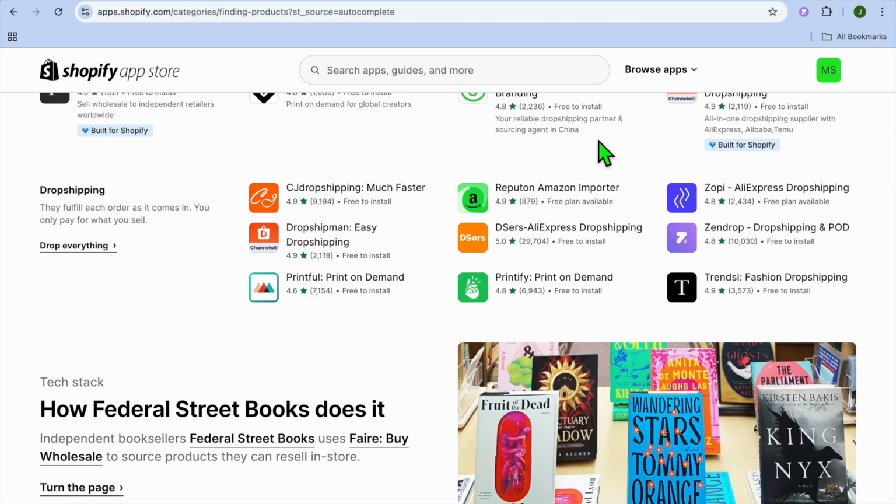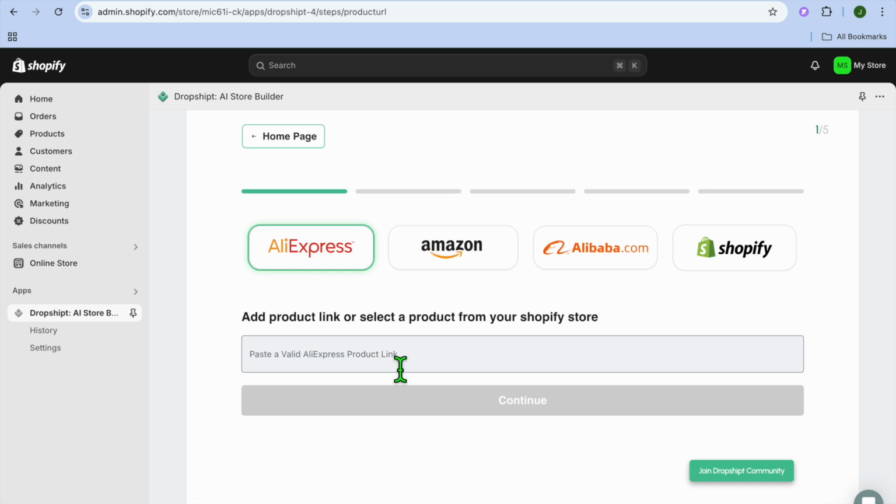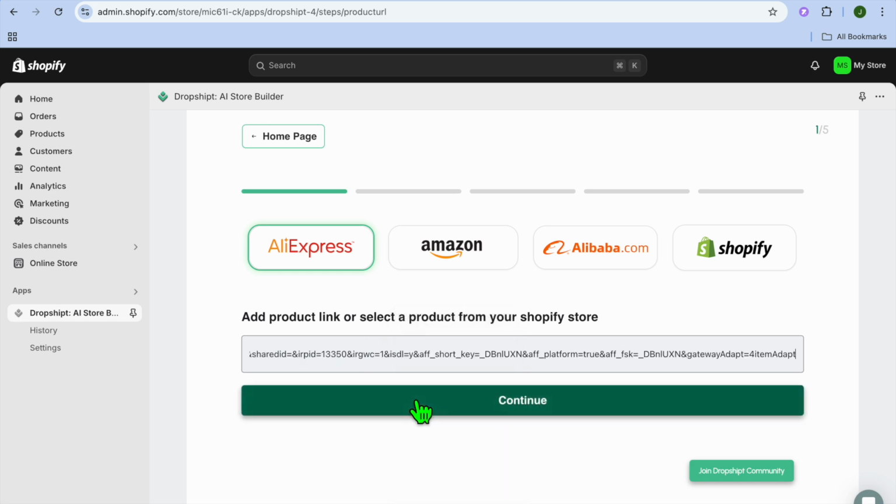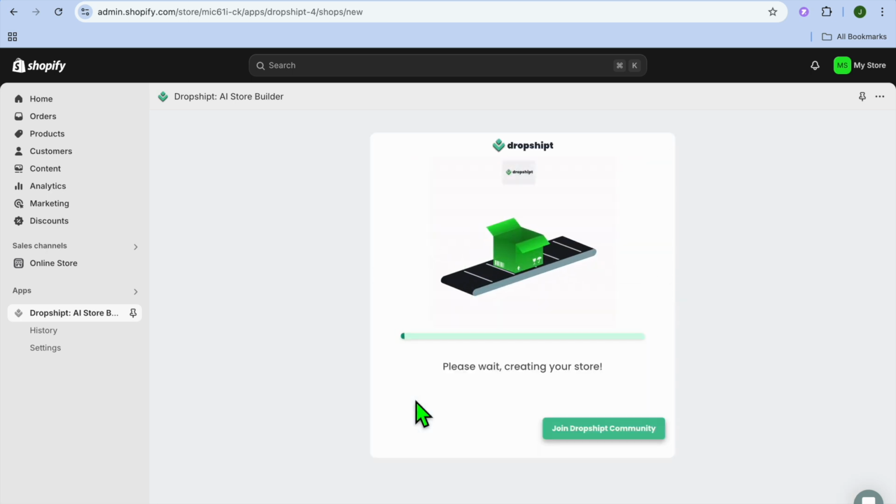Then we'll go back into our store. So let's do that real quick. And we're going to paste the link right there. Then tap on continue. After selecting continue, you're going to give it a few seconds while our store is being